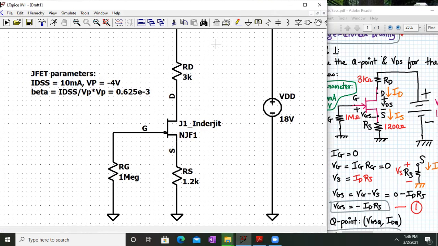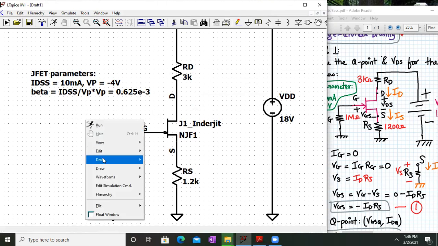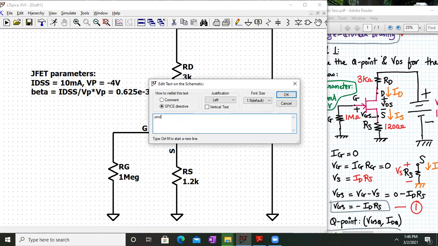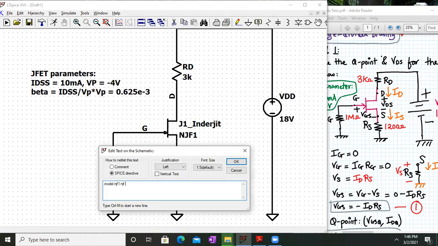Now is the time to write the dot model statement. Right click, go to draft, go to spice directive and write over here: .model NJF1, which is the name we have given to this transistor, then NJF, and in brackets write VTO.